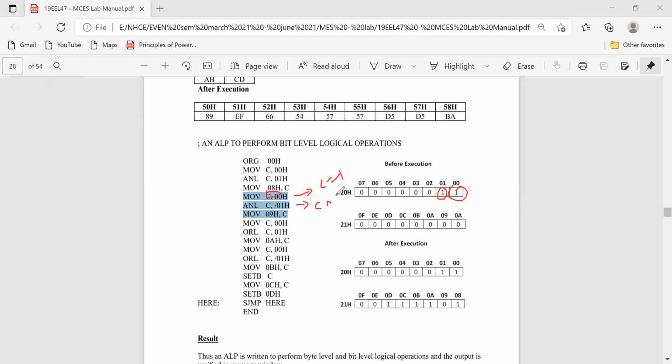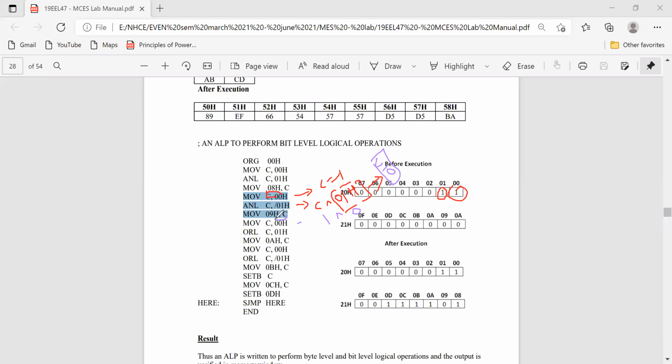What is the complement of 01H? The data in this address is complemented. So the data is 1 AND logic with 0. The output is 0. Now the carry has data 0.